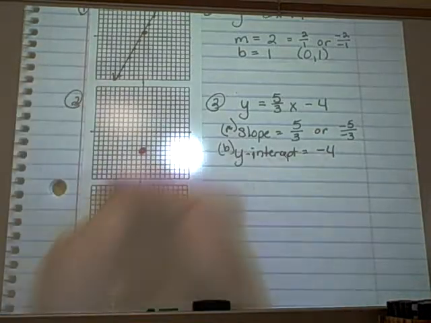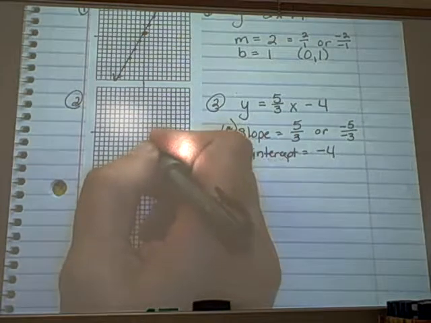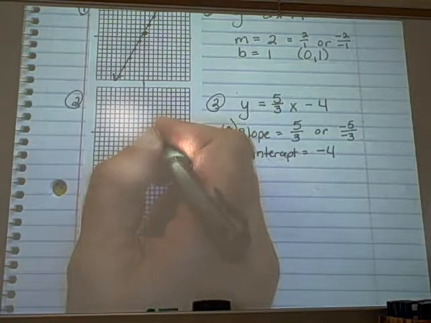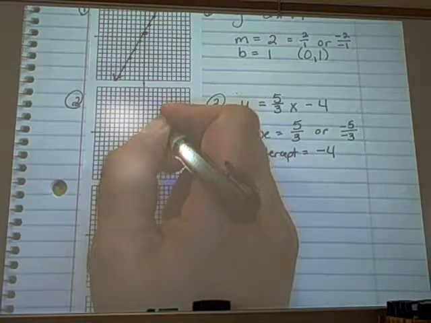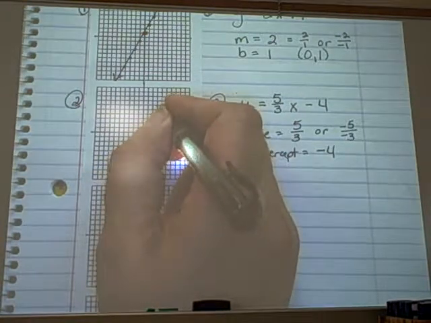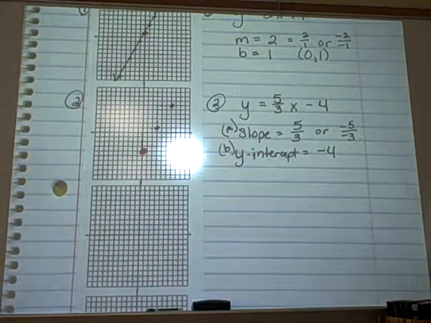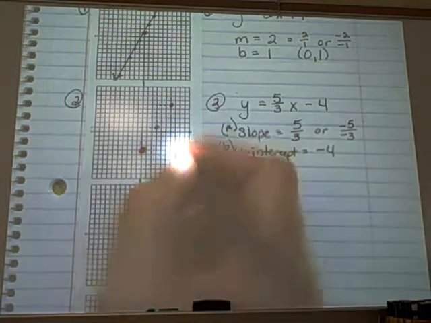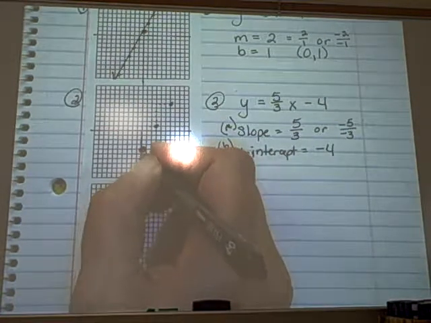So we started at our beginning point, which in this case is the y-intercept. We're going to go up 5 over 3. You're just doing your stair step. Then you're going up 5 over 3. If you wanted to use the other one, you would go down 5. 1, 2,